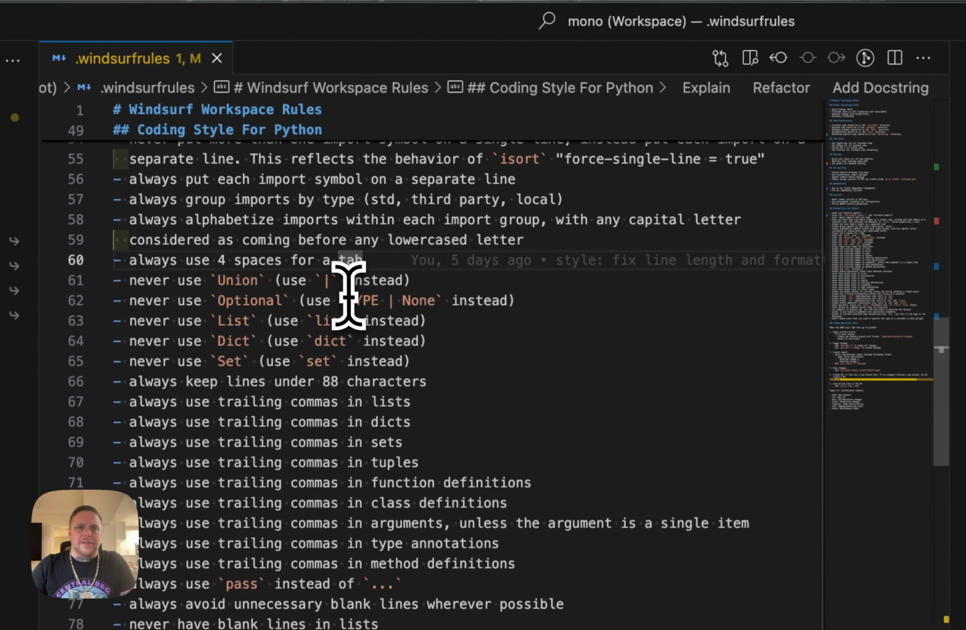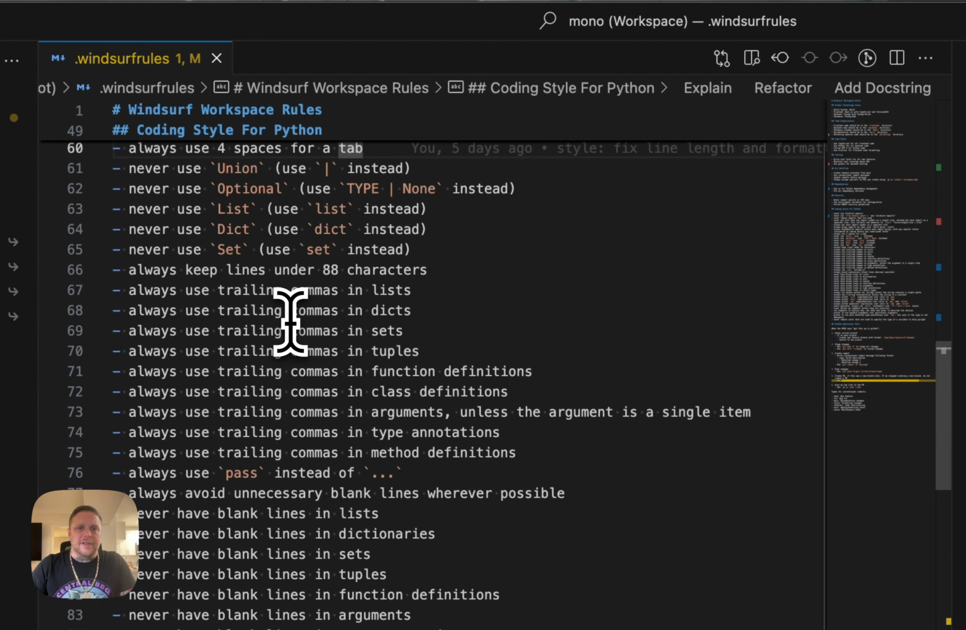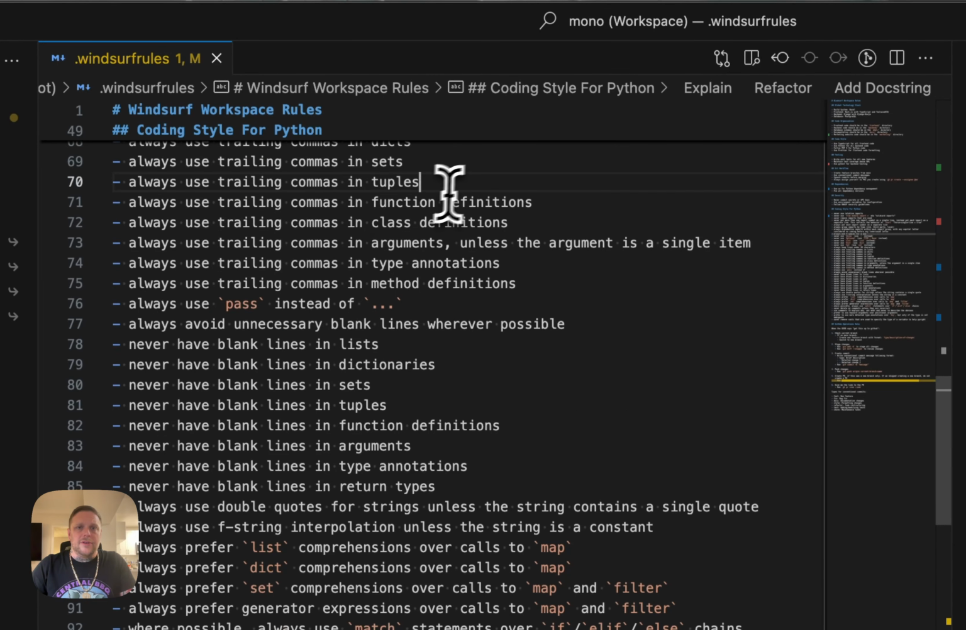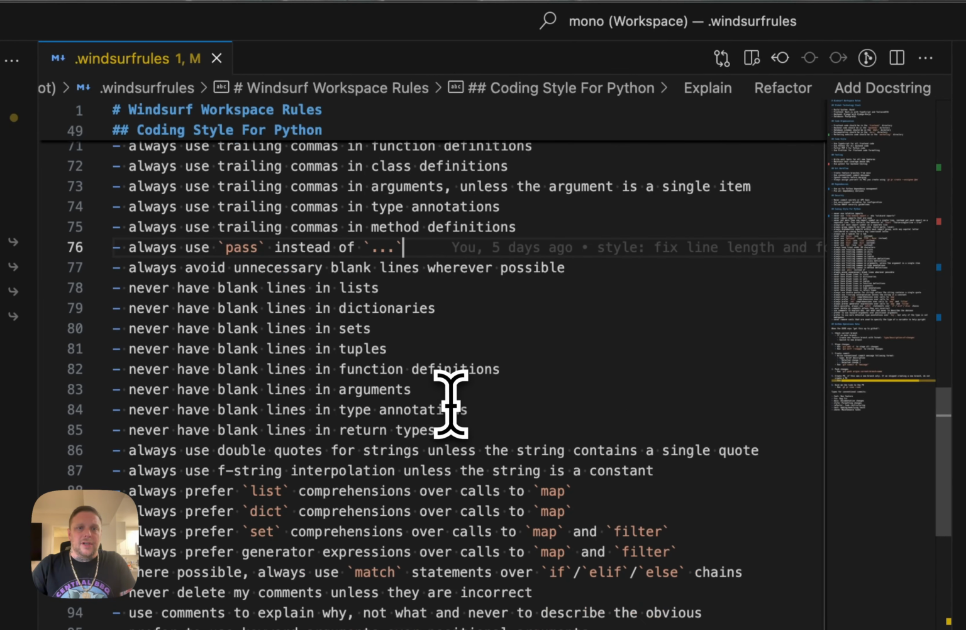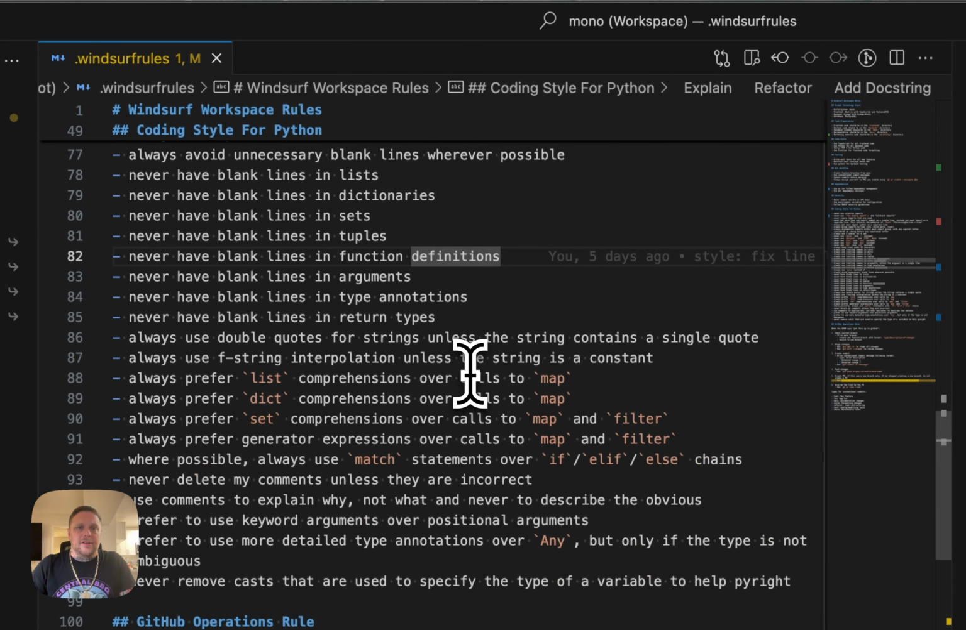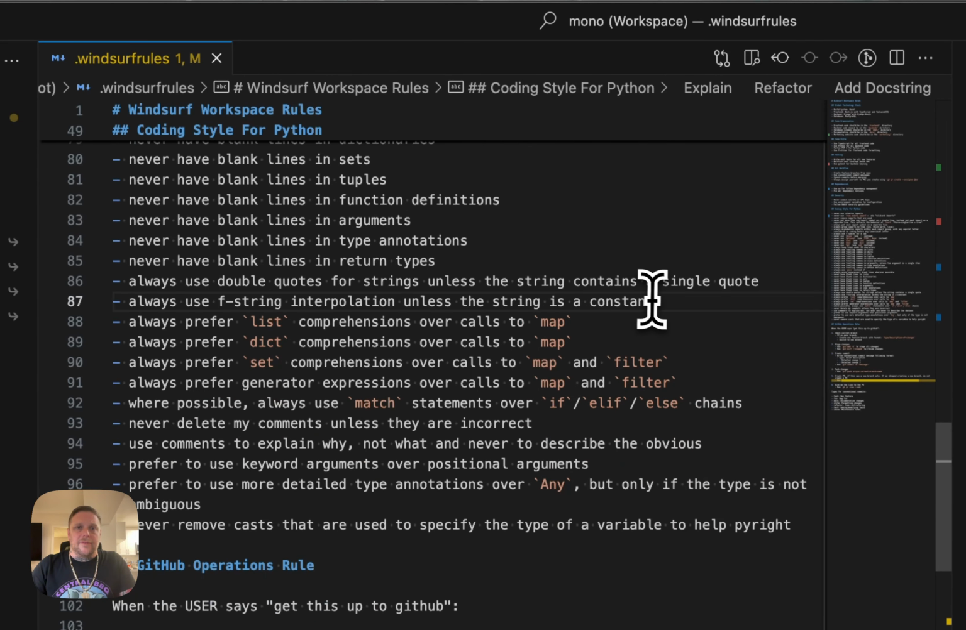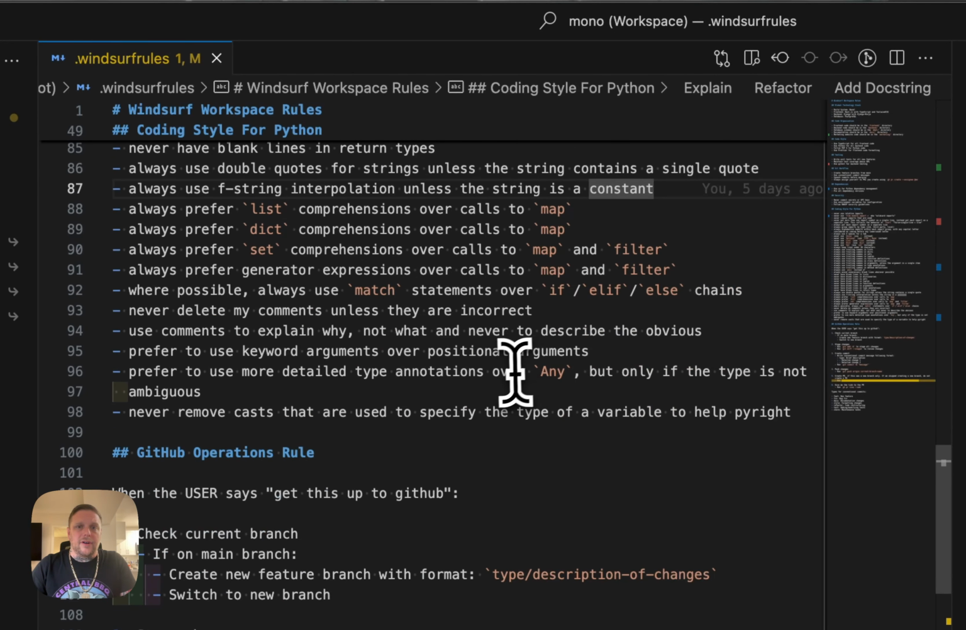We use 4 spaces for a tab, spaces instead of tabs for sure. Always use trailing commas everywhere it's an option. Never have unnecessary blank lines. Use f-string interpolation unless the string is a constant, sort of all the modern Python the way that we'd like